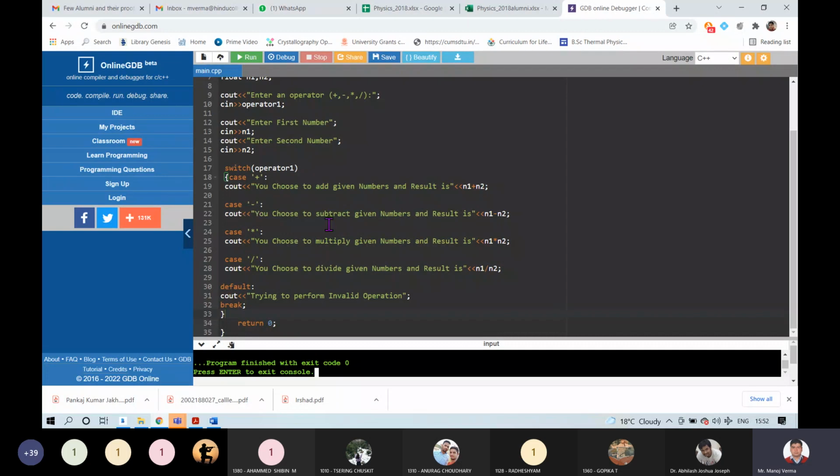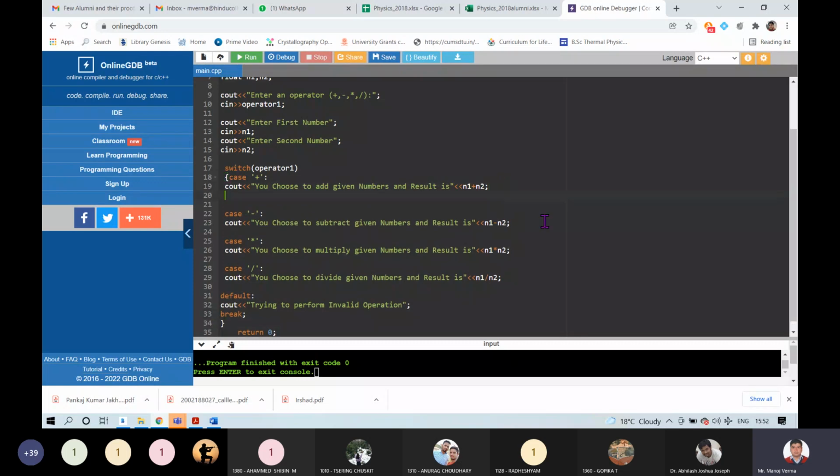It will perform the instructions written in that case, but the compiler will continue into the next lines until you use a break statement in each case.